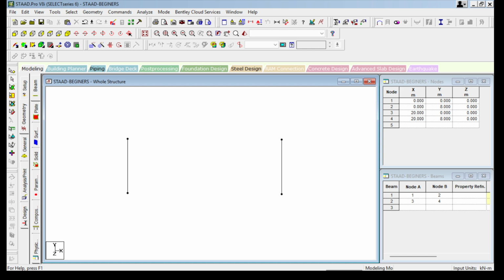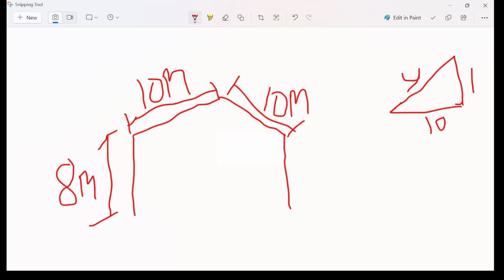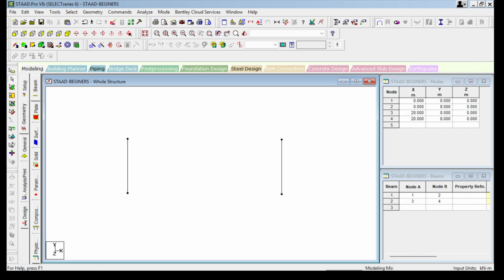The next thing is the slope. It has a slope ratio of 1 to 10, so x is 10 and y is 1. That means the distance of x is 10, while the height is 1. So for this, let's come to this one and copy the node.